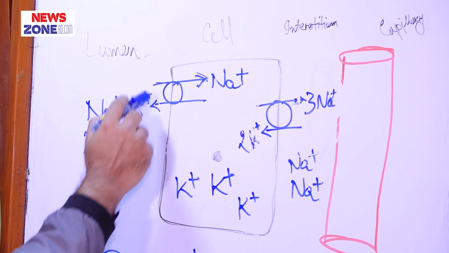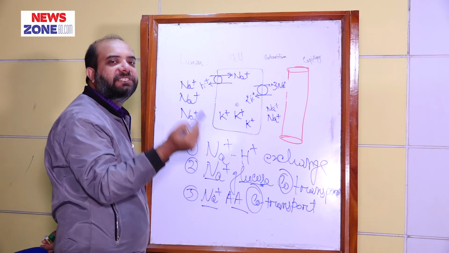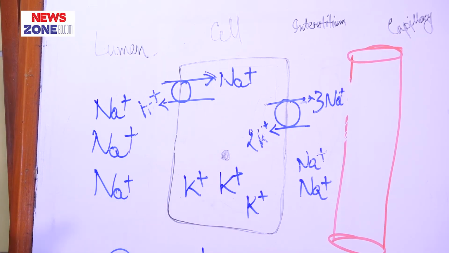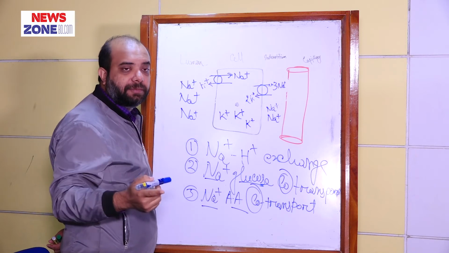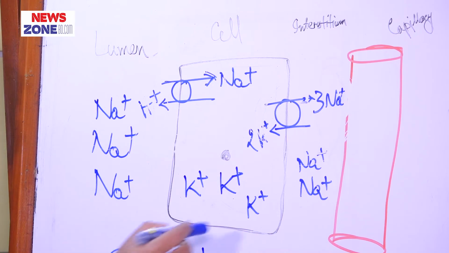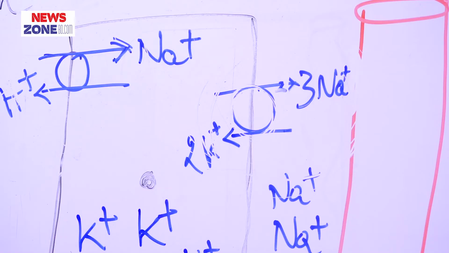In this transportation system, sodium will go towards the concentration gradient and hydrogen ion will be secreted against the concentration gradient. And this driving force of the hydrogen ion movement is achieved from the primary active transport system, which is situated in the basolateral surface. This transportation system is known as the sodium-potassium ATPase pump. What is the criteria of this sodium-potassium ATPase pump?